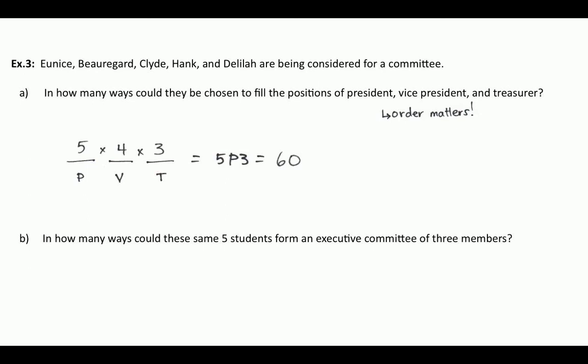What this should distinguish for you is that when we're choosing committees, order does not matter. And so this is a typical giveaway for a combination rather than a permutation. So here, I don't have 5P3, I've got 5C3. And that's, of course, 10. Only 10 possibilities as opposed